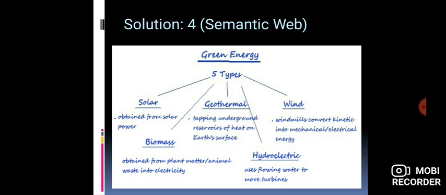So the semantic wave method can be depicted in this way, where the primary or main source or core information is depicted at the top of the page, and the other matters that are connected to the core idea are represented through different wave strands. Okay, like solar, biomass, geothermal, hydroelectric, wind. In this way it is represented. Then secondary wave strands may generate where the other characteristics can be described. So in this particular example